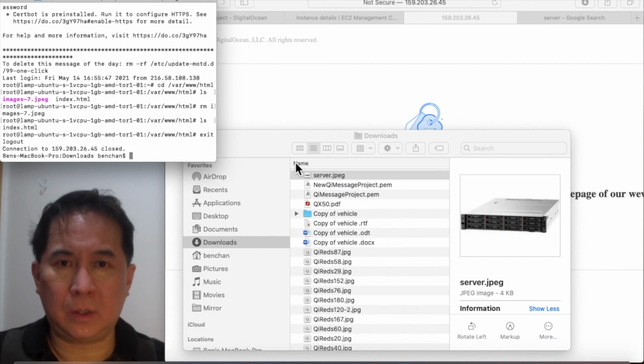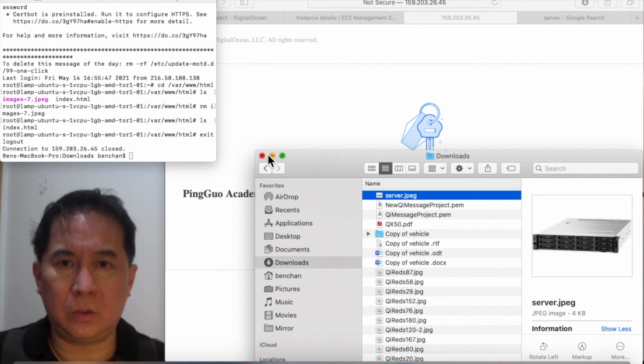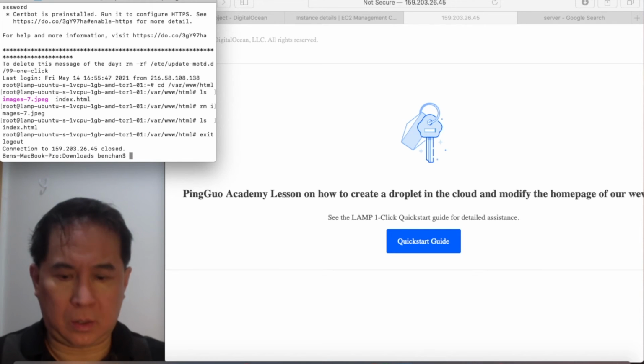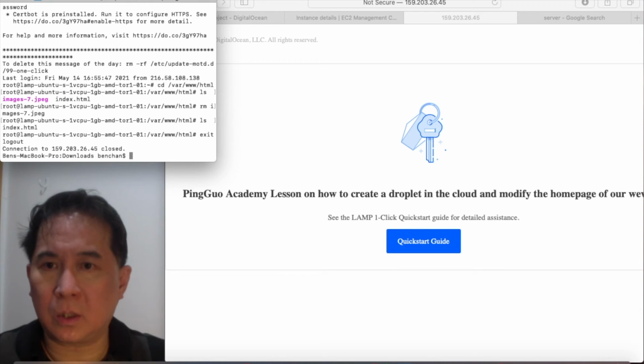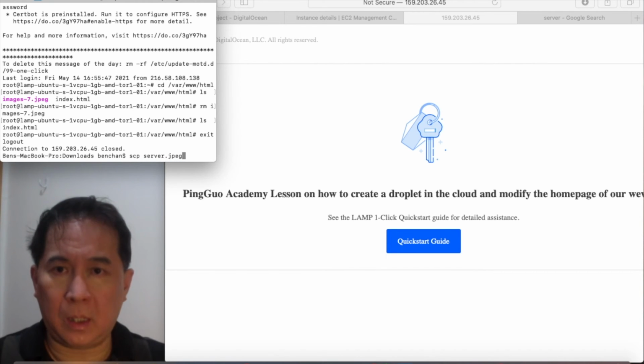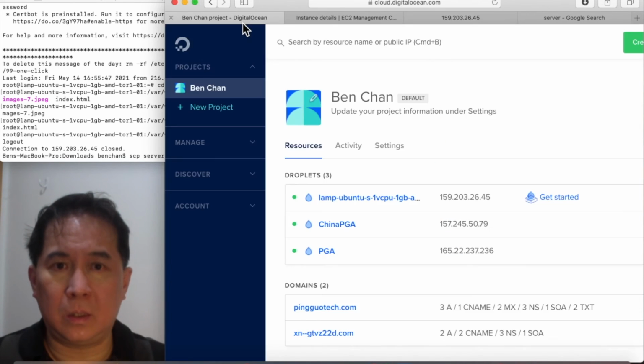The first thing you want to do is cd to your download folder, which I already am. So just type in scp server.jpg and then root at, copy this IP address again,